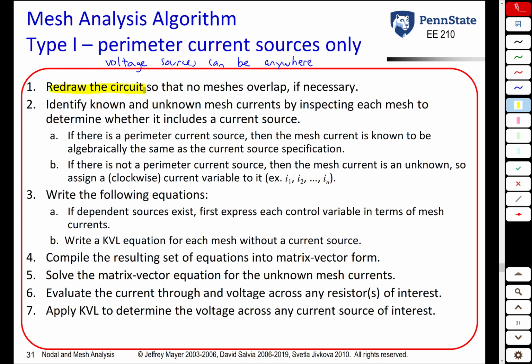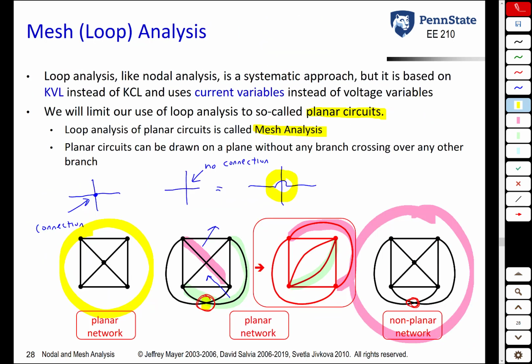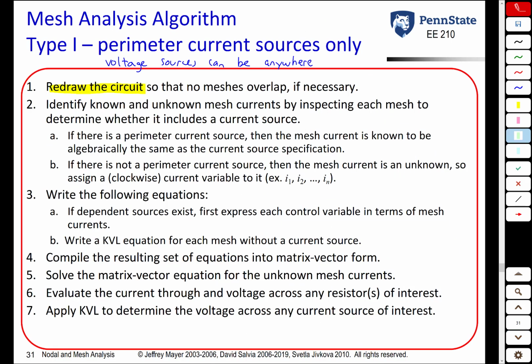This goes back to what I showed a couple pages ago with these planar circuits. Mesh analysis only works on planar circuits, so if you have an example like this one here that looks non-planar, you need to redraw it to make it planar. This is a step that we will rarely have to do, so you really don't have to worry about this for the most part. The next step is to look at every mesh and determine whether you know its current